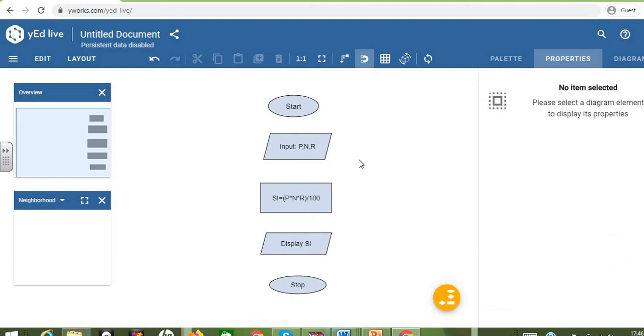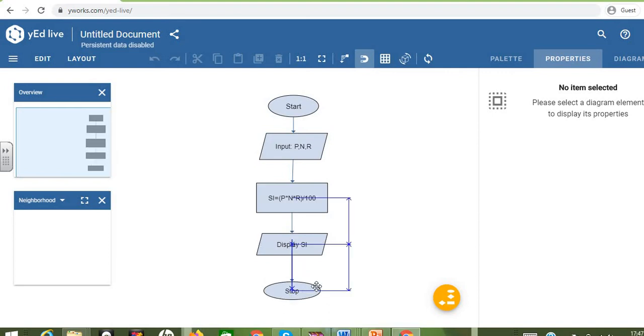So now I need to connect all these nodes, right? As we discussed, arrow is used to connect, or arrow is used to represent the flow of the diagram or the sequence of the steps, right? So for that I need to take the arrow from the middle and drop it over here. Adjust it. Now the arrow is straight, right? So the flow or the sequence of the steps can be obtained by using this arrow representation, right? So now it is neat.